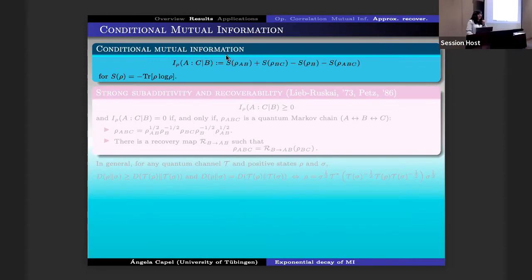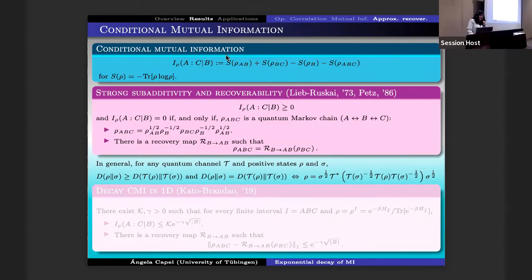Okay, so I'm going to go very fast to the last result that we present in this paper, and it has to do with the conditional mutual information, as I said before. For the conditional mutual information, we know that there are two very important properties. One of them is strong subadditivity, and another one has to do with recoverability. So we know that the conditional mutual information vanishes if and only if rho ABC is a quantum Markov chain,